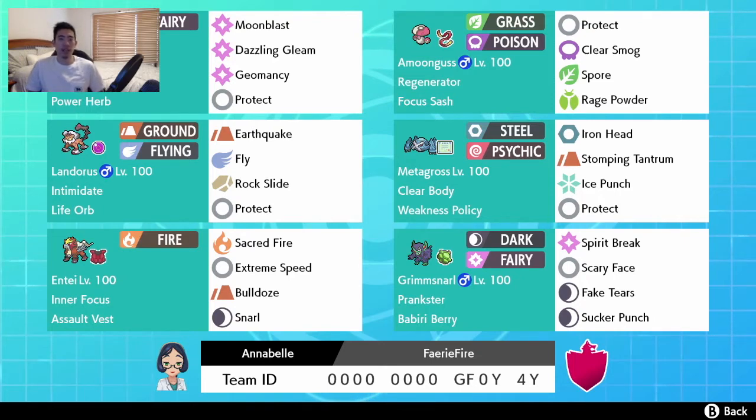This team centers around the Xerneas, obviously as the restricted Pokemon. This one has the Power Herb Geomancy combo. So Geomancy, if you guys don't know what that does, it basically takes a turn to charge, but the Power Herb lets it charge in one turn, and basically gives you an automatic +2 special attack, +2 special defense, and +2 speed, which makes it amazing. Pair that up with the 2 fairy moves as well as the fairy aura, and this thing hits like an